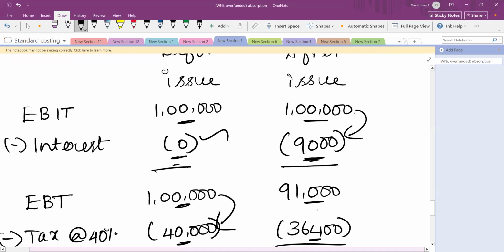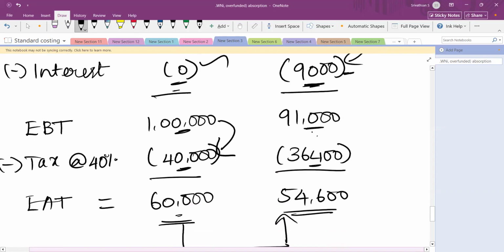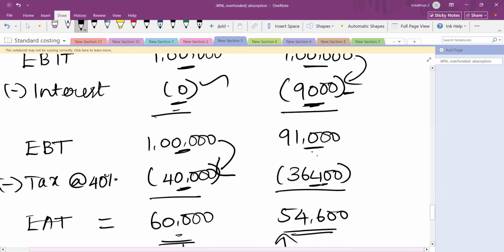So due to the interest expense, the profit before tax of the company is less. And because the profit before tax of the company is less, the company is paying lesser amount of tax to the government. To put it simple, this 9,000 rupees of interest is giving us a tax benefit of